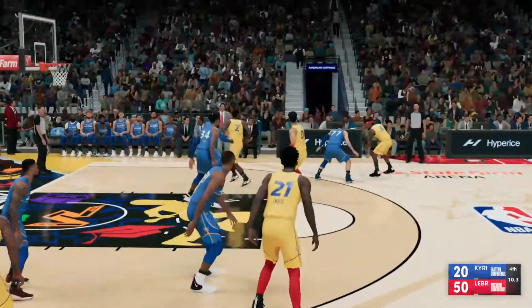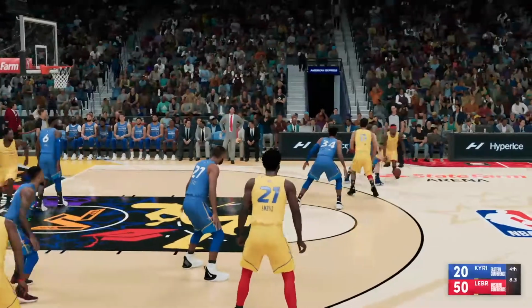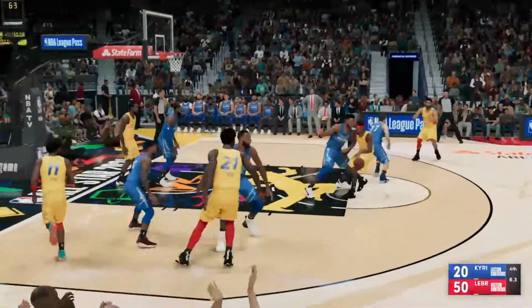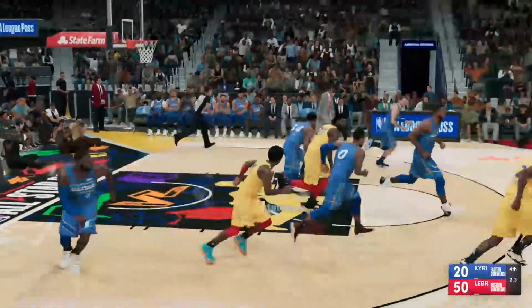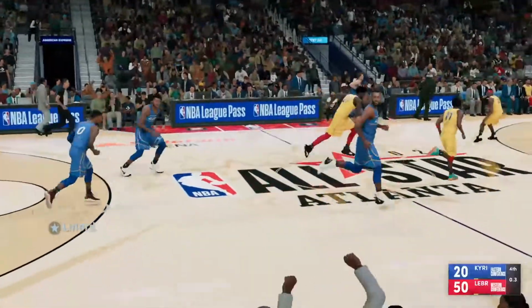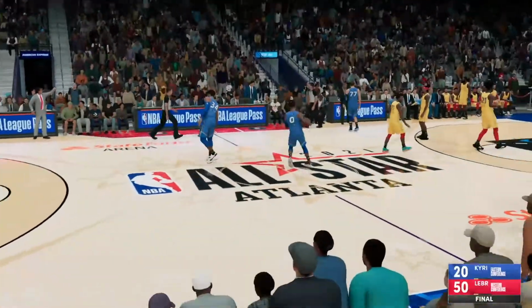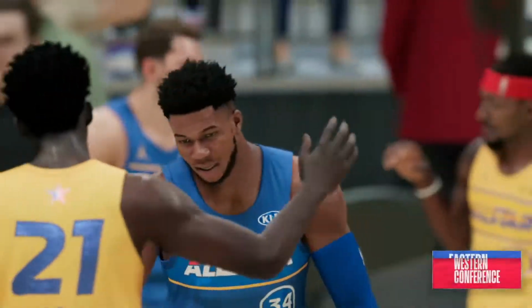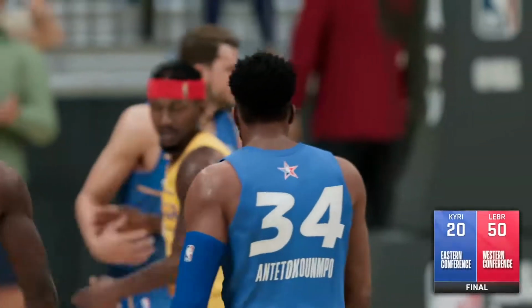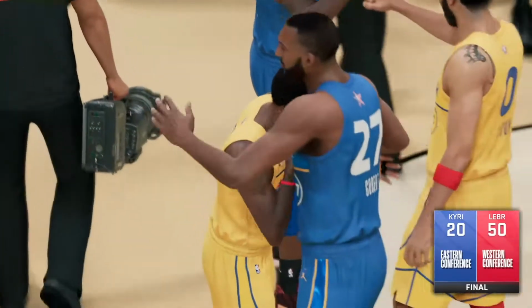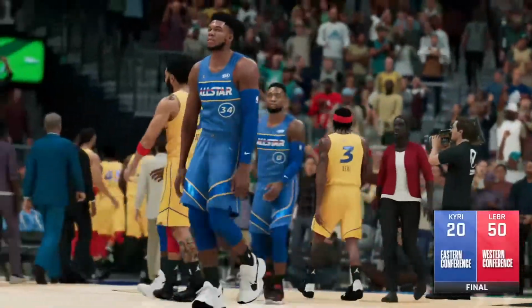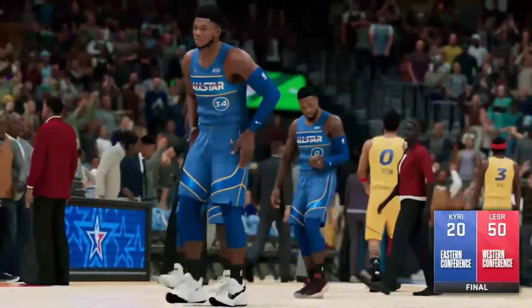Doncic against Beal. Tatum with a screen on Doncic. From the line, it's not going to go for him. So no problem for the West All-Stars as they get the win. And the outcome of this one was never in doubt. And boy, they really put in a supreme effort. It just felt like once they had that lead and it was comfortable, they were not going to relinquish it.